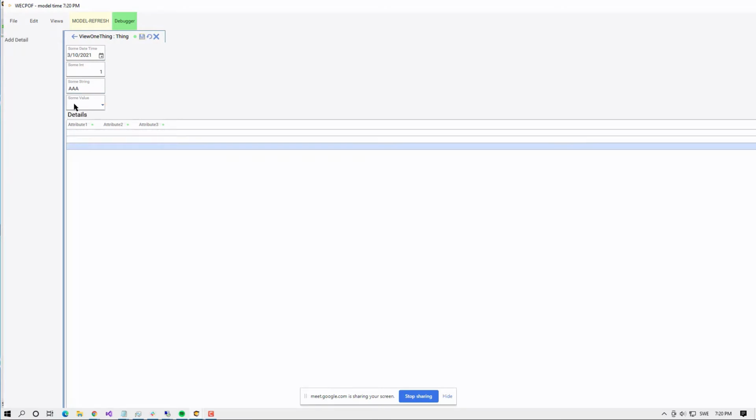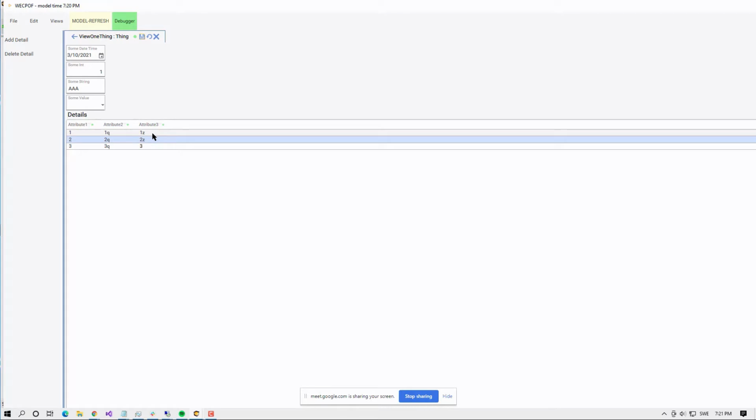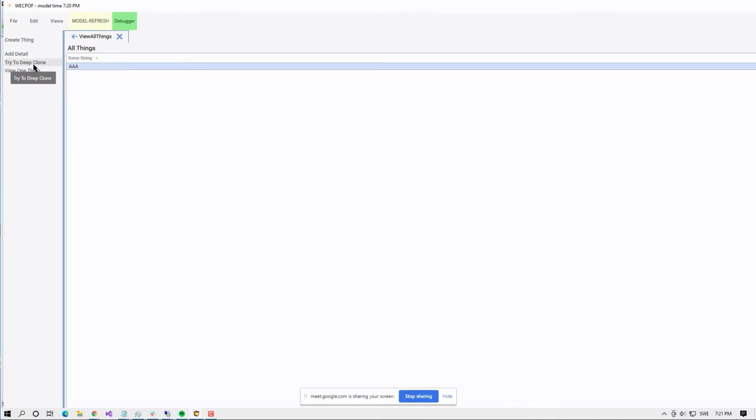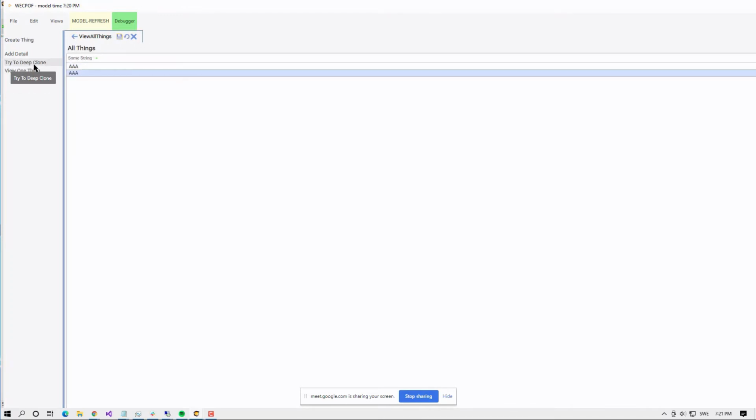Add some details, like take 3, 1, 2, 3, 1Q, 2Q, and 3Q, 1, and like that. So this is a unique thing, and if I try to deep clone that one, a new one